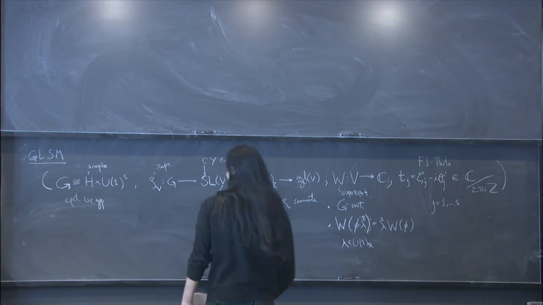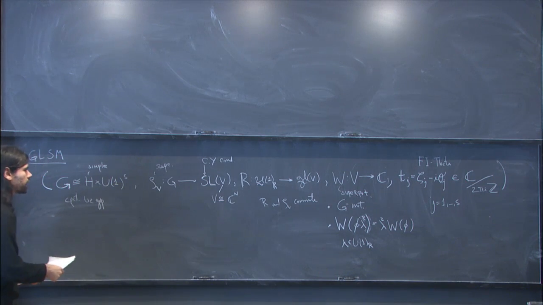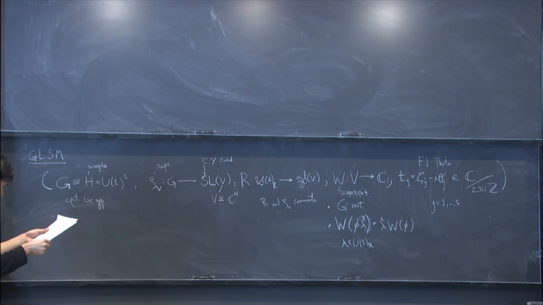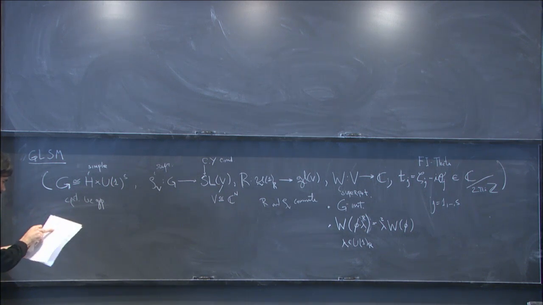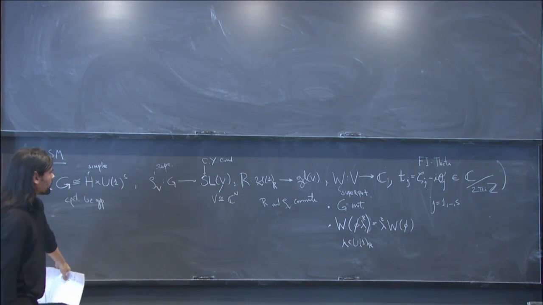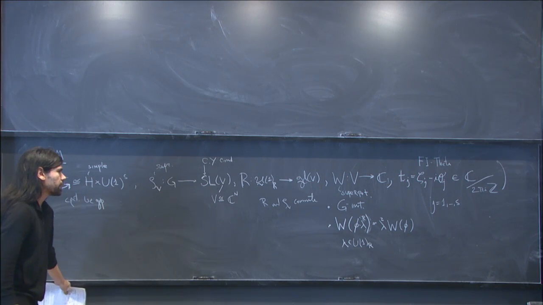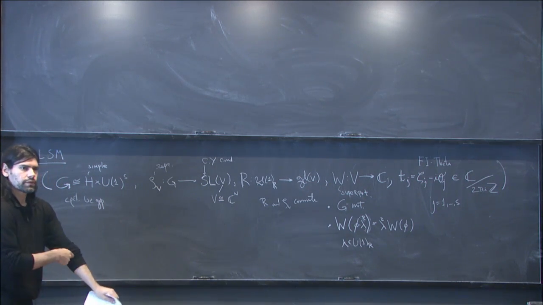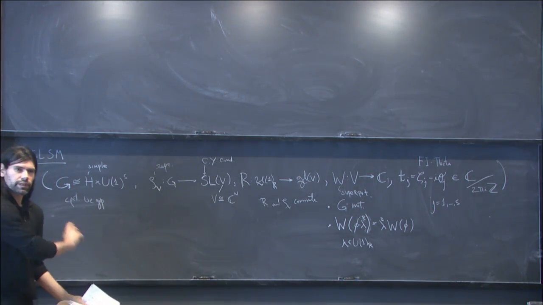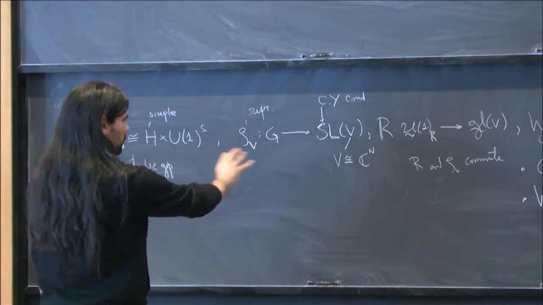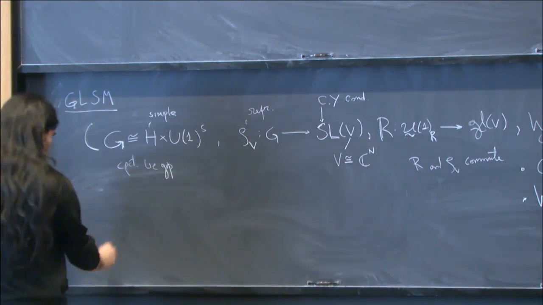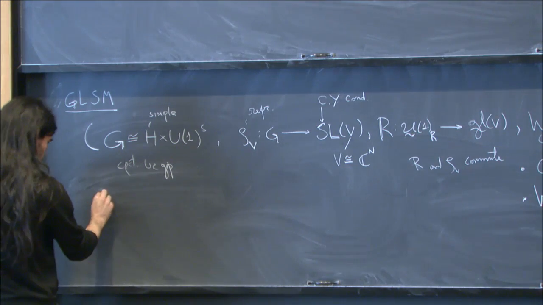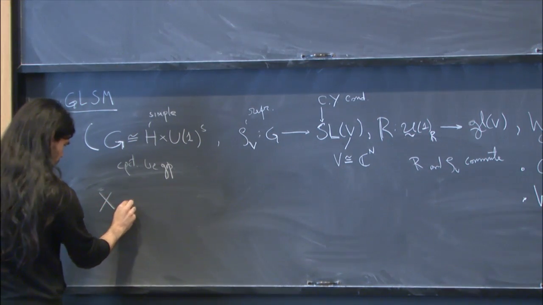So that's the definition of the gauge linear sigma model, and I will define now what are branes on the gauge linear sigma models. But before, just for you, if you are very unfamiliar with this, just to gain an intuition of what this thing is, you can think of defining the space